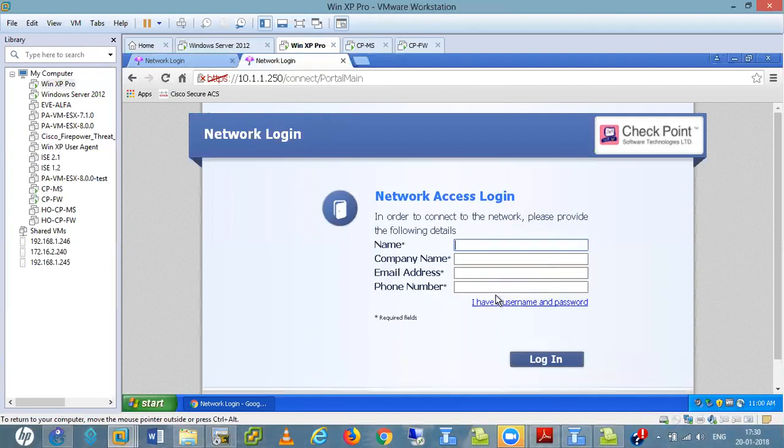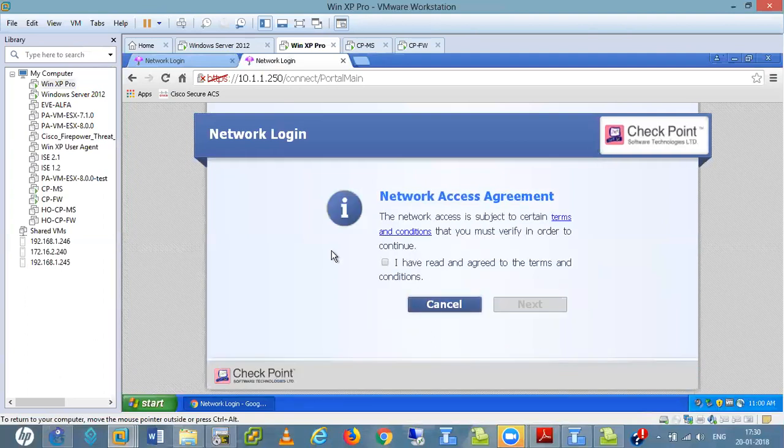So here I put my credentials: my name, my company name, anything, ABC, my mail ID something.com, and my phone number. I enter this information and log in. Network access agreement. So here I get the agreement, then next.